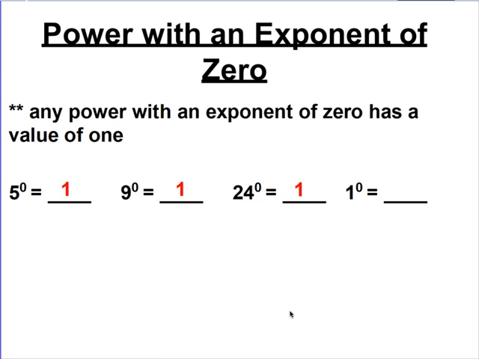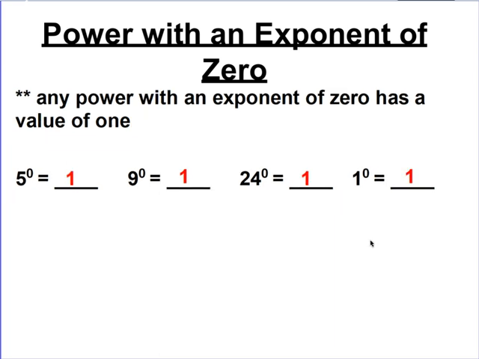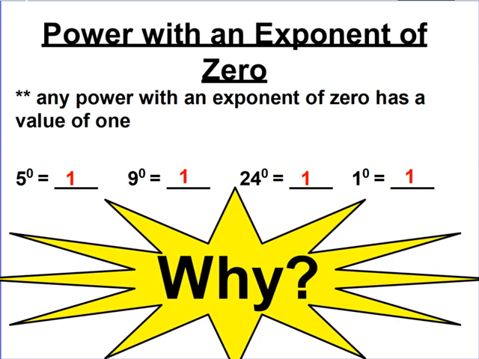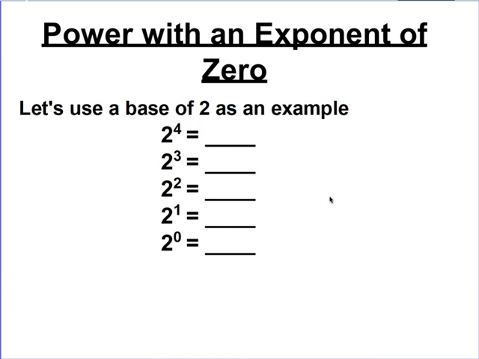And you guessed it, 1 to the 0 power is equal to 1. What I want to know is why. Let's figure out why. We can do this by making a pattern. So what I'm going to do is solve all of these problems, and I'm going to take a look at the answers to those problems and see if they form some sort